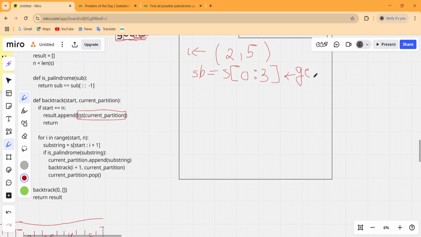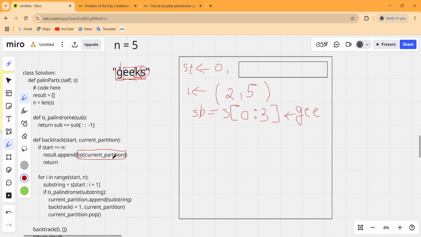So this will receive GEE, and this if condition checks whether this string is a palindrome or not, and we can see that this is not a palindrome, so this if will never execute, and our I again gets incremented from 2 to 3,